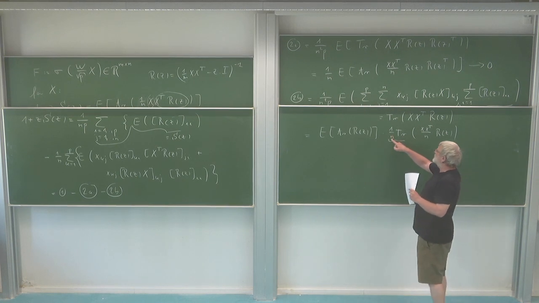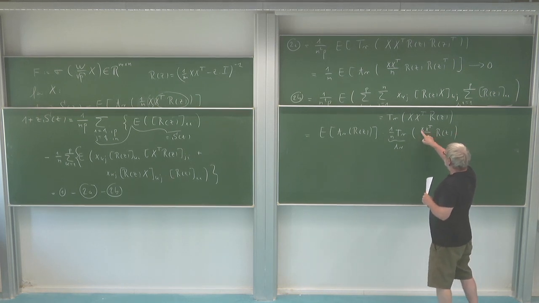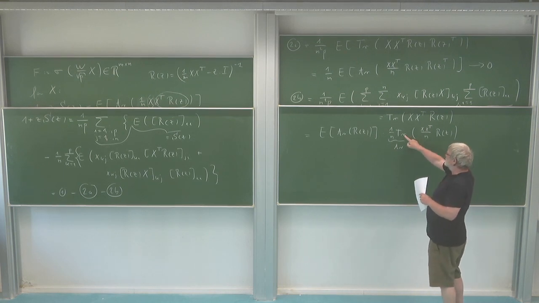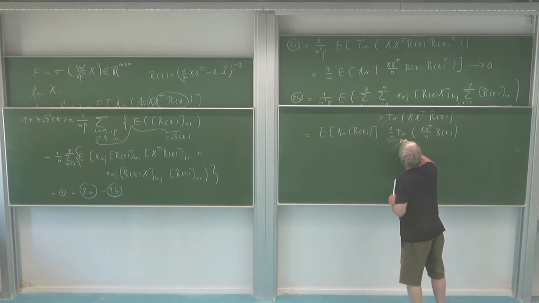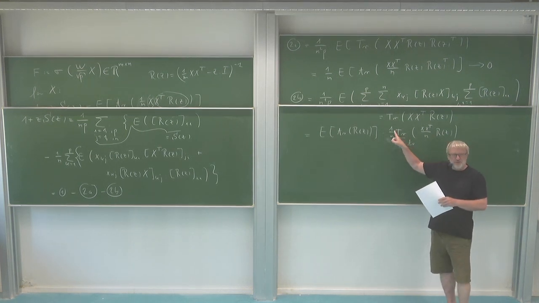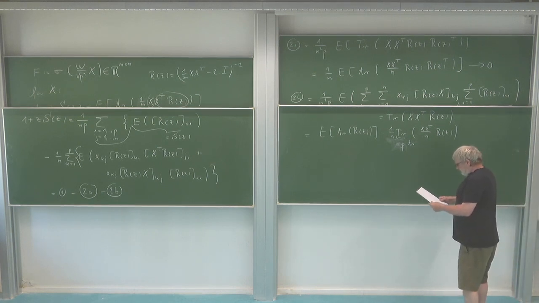No, you have to be careful here. I have a 1 over n here. But what size of matrix is this? This is x transpose, so this is a p by p matrix. So to change this to the normalized trace, I need the factor p. So this trace is p times the normalized trace. And so you see now I get the ratio p over n, which is our gamma, which is good, because this should also appear somewhere in our equations. It's the ratio of the sizes.